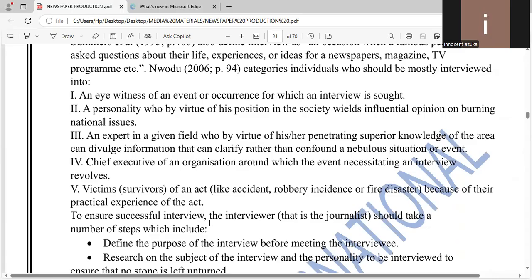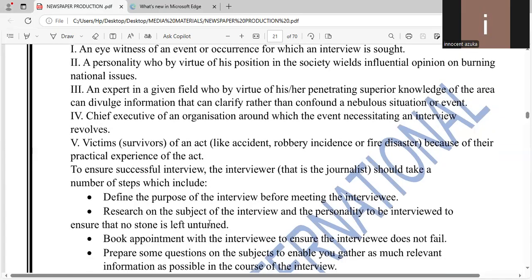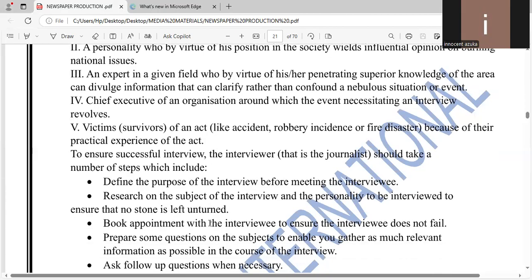A personality who, by virtue of his position in the society, shares influential opinion on burning national interest. So, an expert in a given field who, by virtue of interest or penetrating superior knowledge, chief executive, victim,